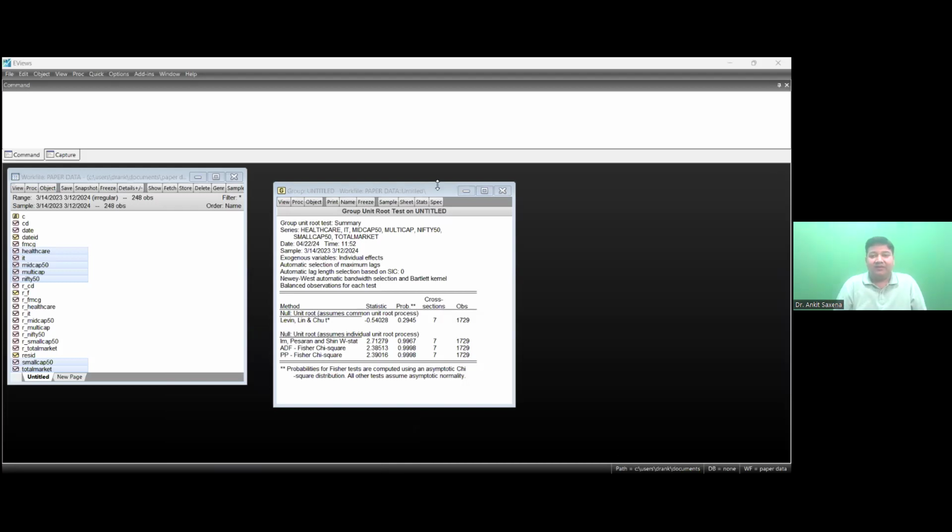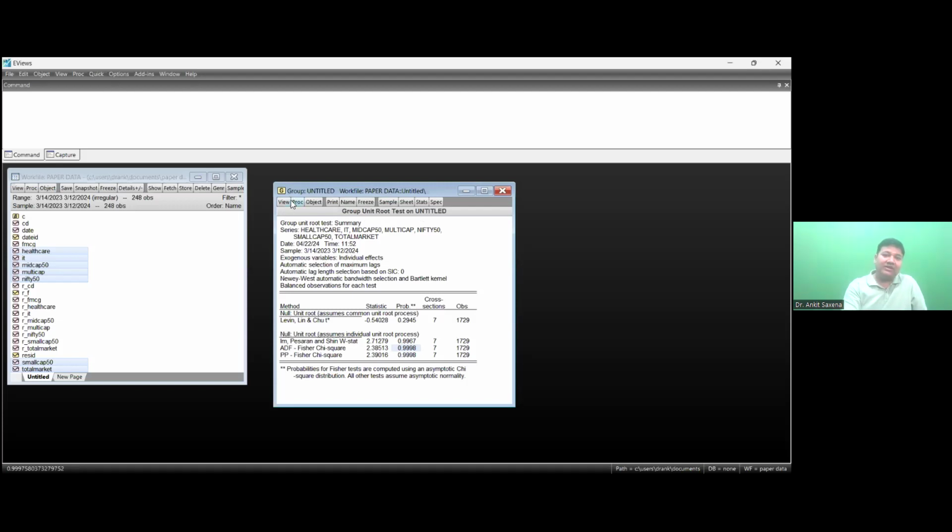So in this case, we can run a combined ADF test, or we could have actually used the probability values individually. So here you see that ADF test altogether, the group unit root test we have applied, and the group unit root test value is coming out to be very, very high. So it is more than 0.05. So it is not stationary. You could check individually for each one. So what I did here, I just applied the group unit root test on the untitled group that I